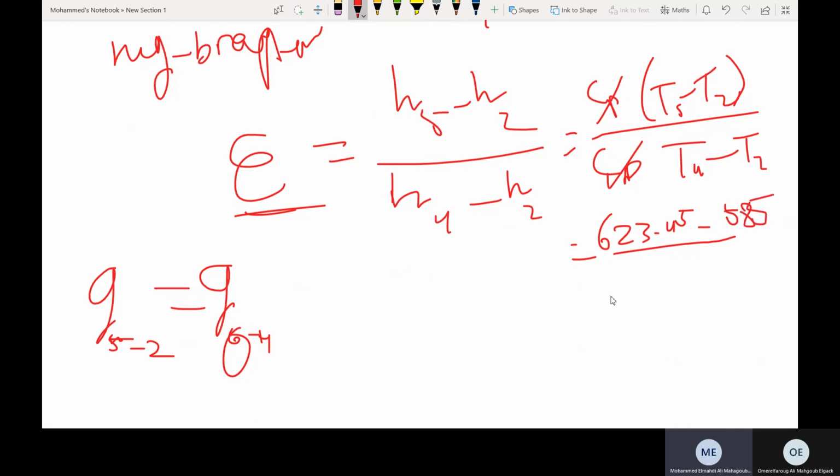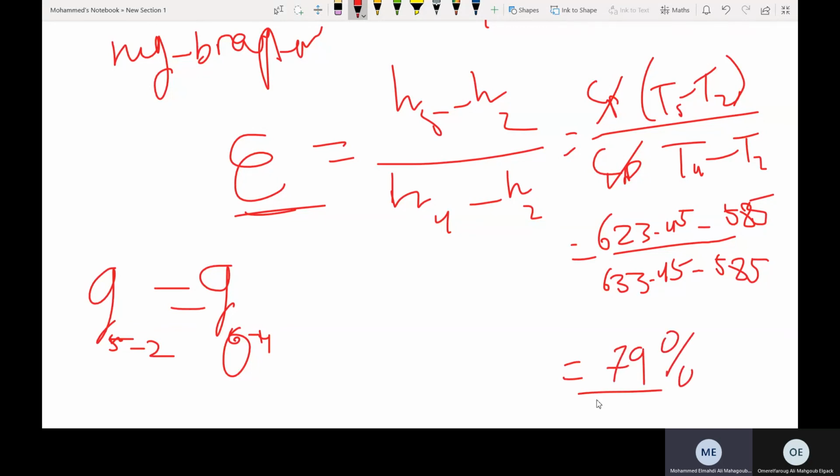T4 of the cycle was 633.45. This is the one that we subtracted 10 degrees from to get T5. And then T2 is 585. Now the regenerator efficiency is